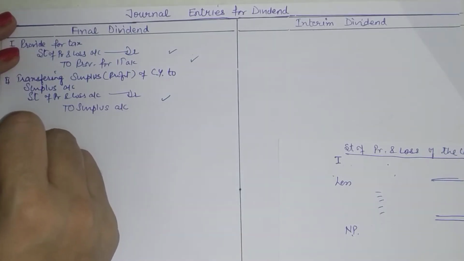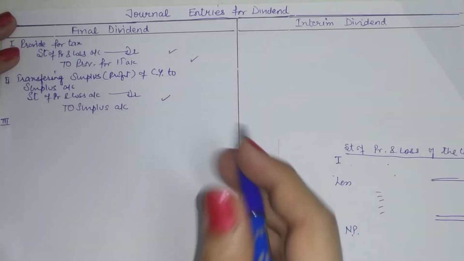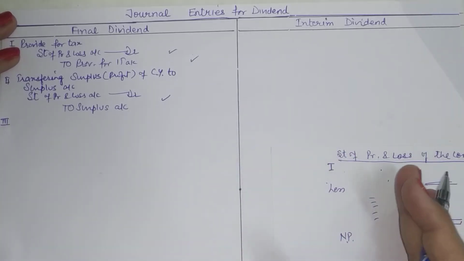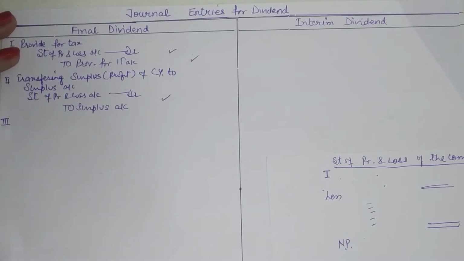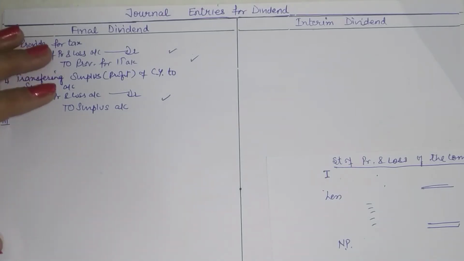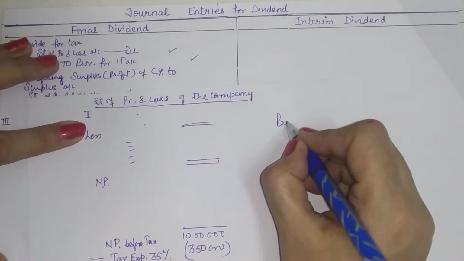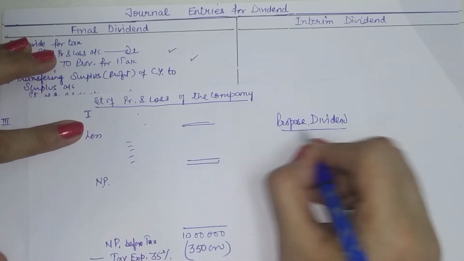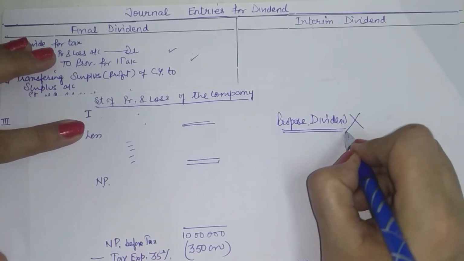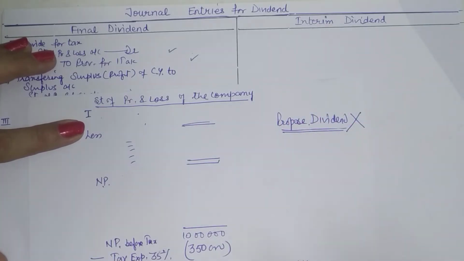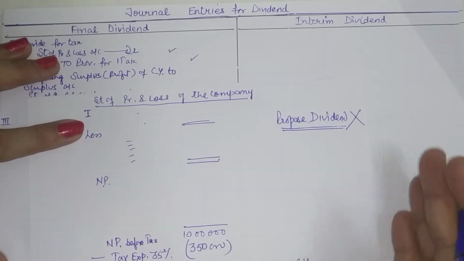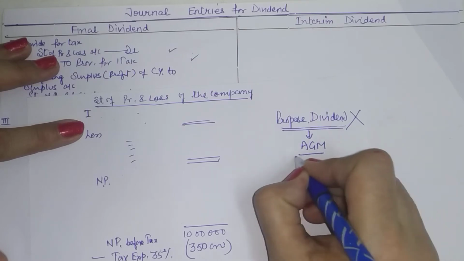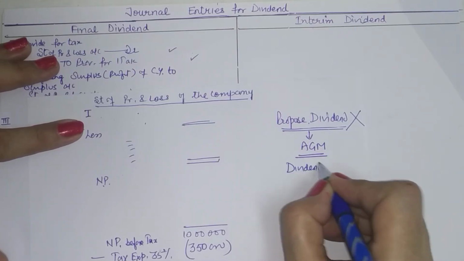Now as a rule, when a company is to pay dividend, directors propose dividend first. Then this dividend rate is approved by the shareholders in their annual general meeting and it is declared. So as per Company Act Rules 2013, if the directors have proposed to declare some dividend, that is, you have proposed dividend by the board, then it is not to be accounted for. It will be recorded separately at the end of all the notes to the balance sheet, proposed dividend, right? But once it is approved by the shareholders in their annual general meeting, then this dividend becomes payable.